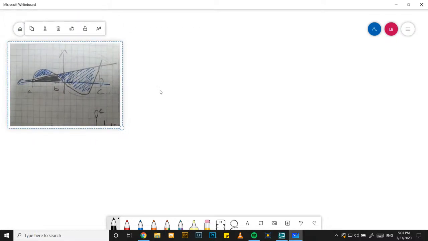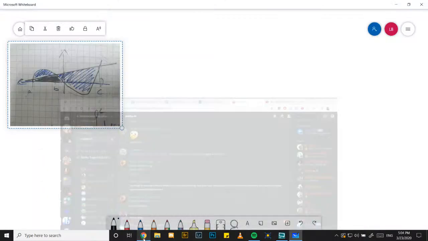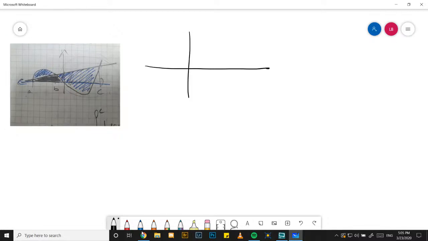So you asked for two things here. First of all, how to solve this question, and you also asked about negative regions and how that works. So sometimes you can have functions that, I'm just going to address the negative region things first because that's a lot more simple. So if we have something like this, and you have a negative region over here and you have a positive region over here,